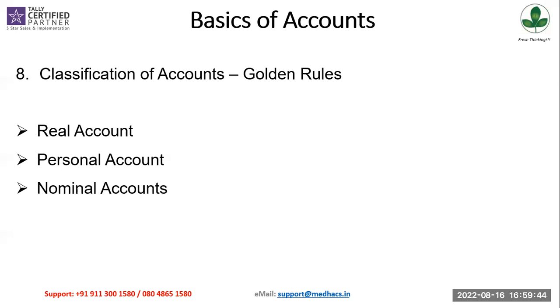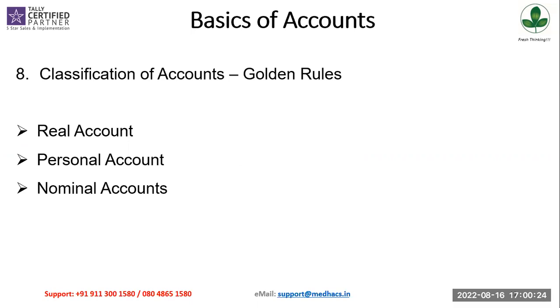Okay, then there is something called representative personal accounts. Basically, it relates to a particular head of expenditure or income, or a nominal account, and it represents the person to whom it is payable or receivable. For example, outstanding salaries, prepaid insurance, etc. Okay, so now if there is an involvement of personal accounts, then what should be debited and what should be credited? Debit the giver and credit the receiver. So whoever is giving should get debited, and whoever is receiving should get credited.